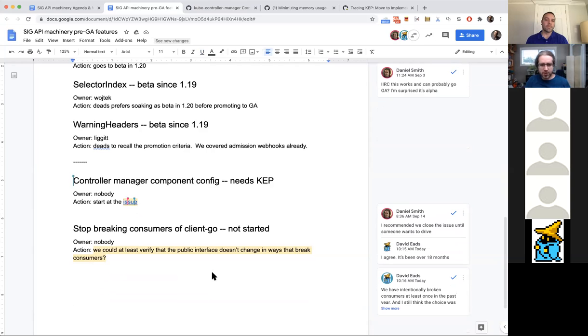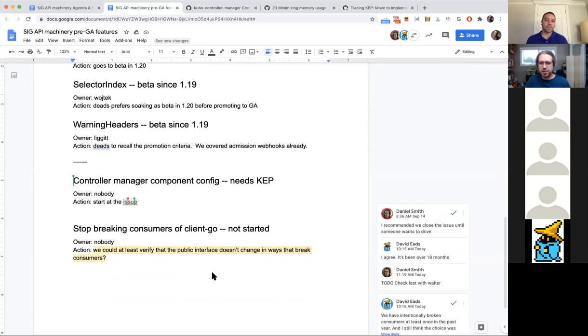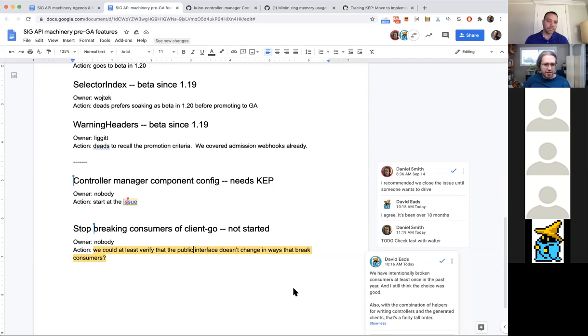And this last one, I didn't write it down very well. I said stop breaking; I should have said stop unintentionally breaking client-go consumers, because sometimes it is intentional and that's good, right? Like we add context. Hopefully everyone, even those on the receiving end of that, believes that it was worth it. But I also feel like we often accidentally break people, and that's super annoying.